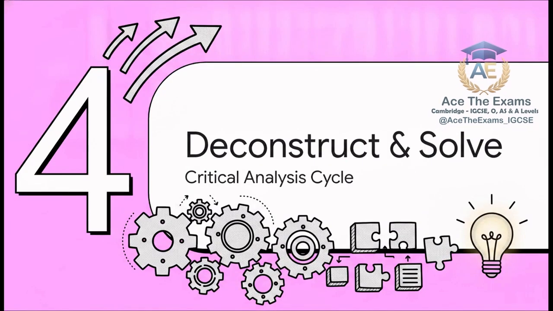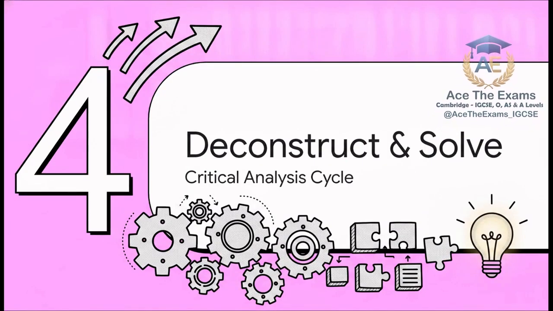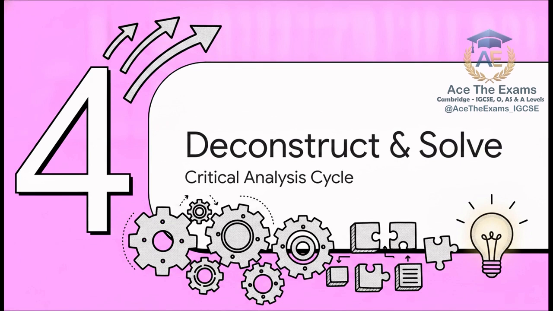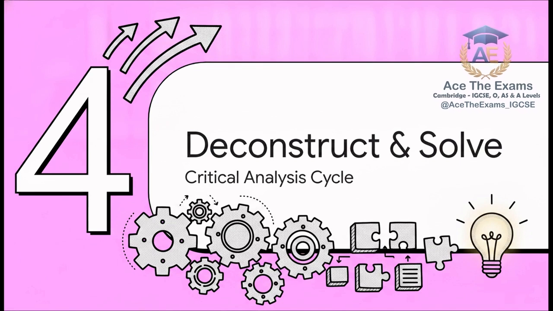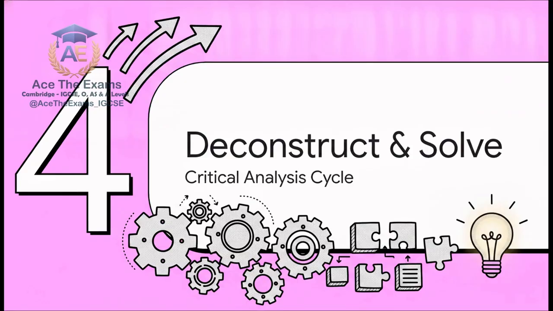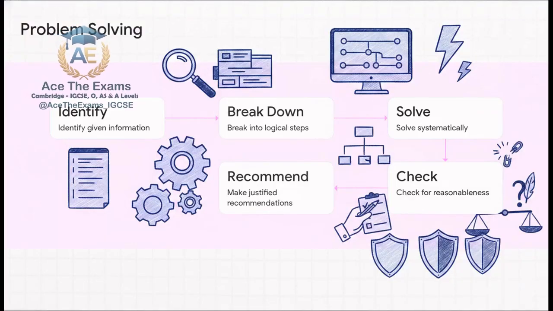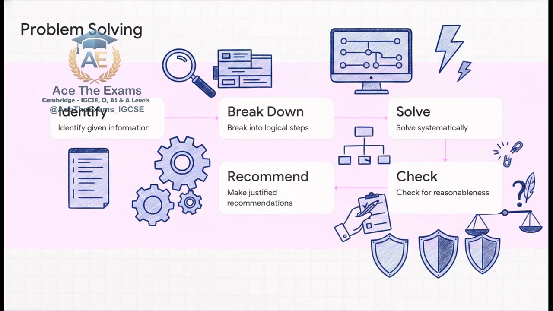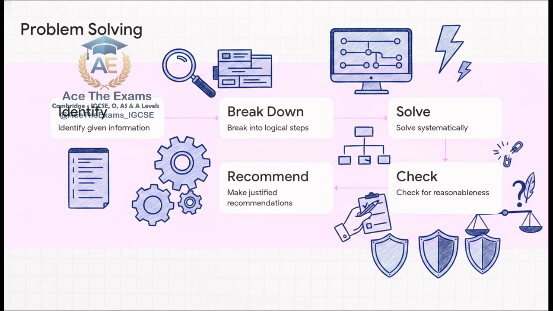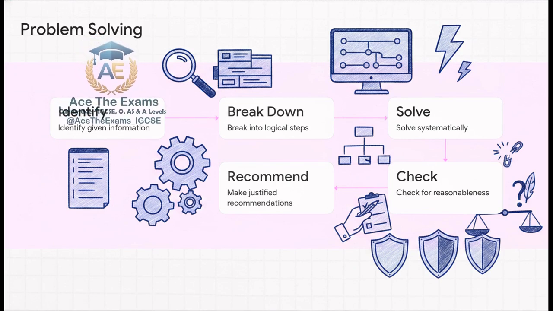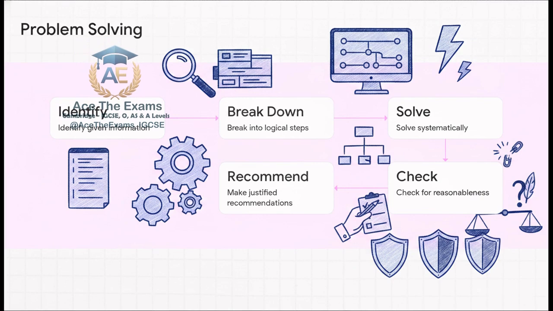Let's keep this momentum going into Section 4, Deconstruct and Solve, where we apply the critical analysis cycle to secure those high-tier evaluation marks. This 5-step cycle is your lifeline for the heavy 8 to 12 mark questions in Section 5.2. We are moving to Challenge 2, Find the Flaw. I'm going to give you a scenario and a flawed student recommendation, and you have 60 seconds to spot why it loses marks. Scenario: